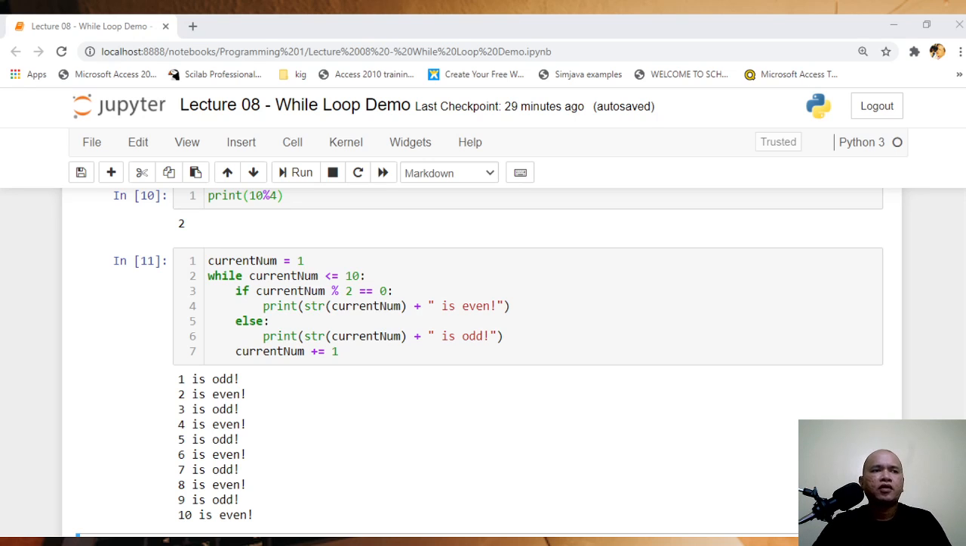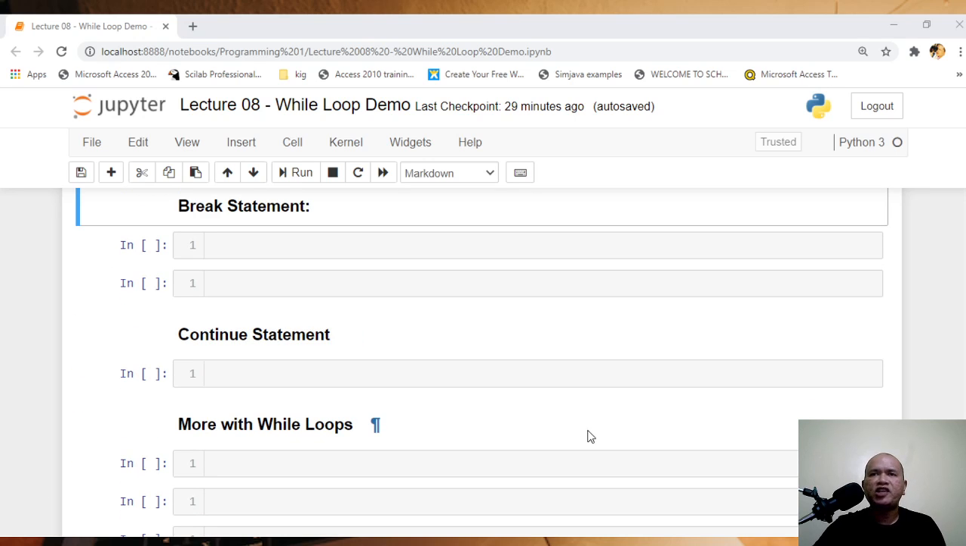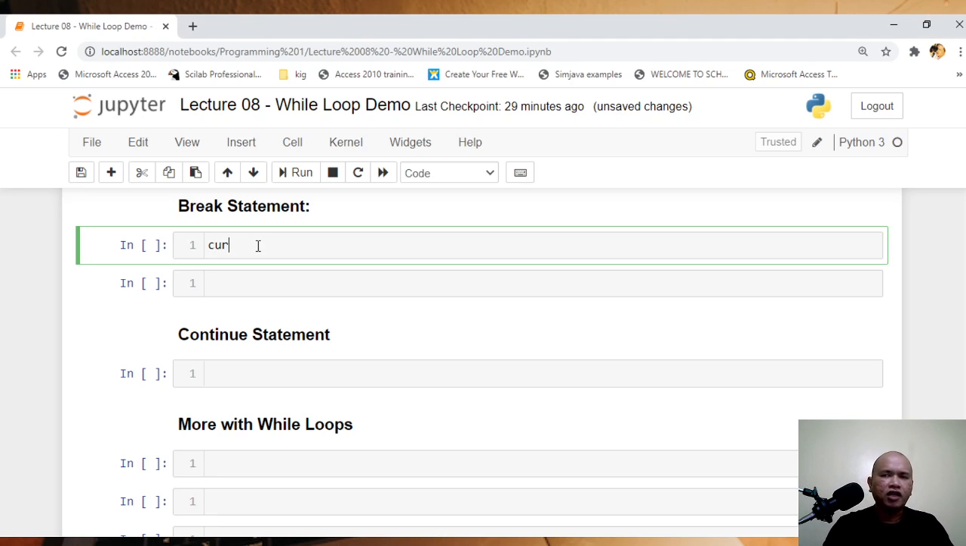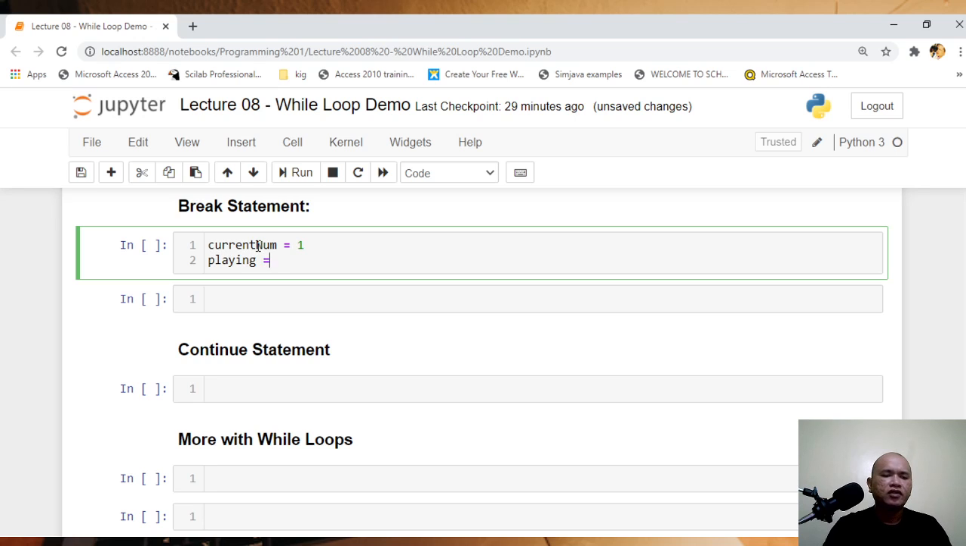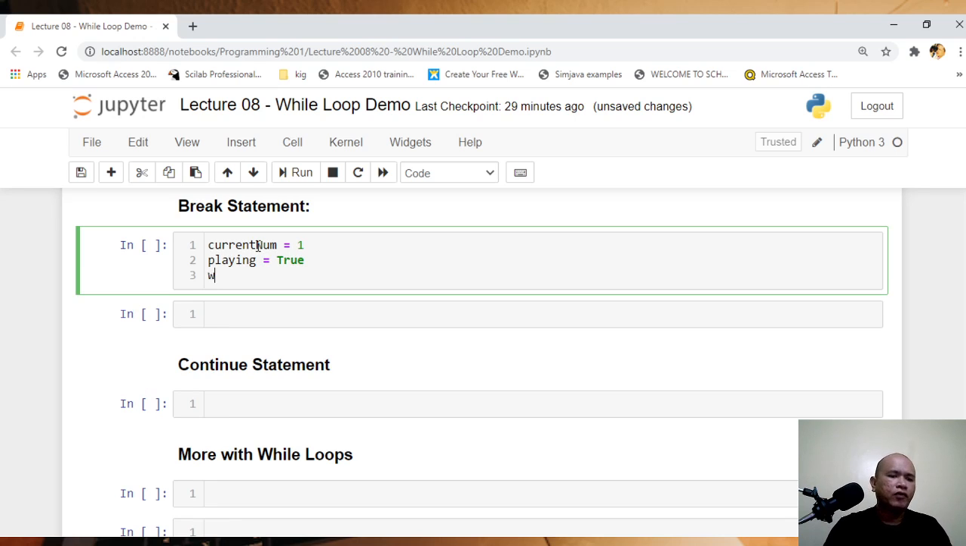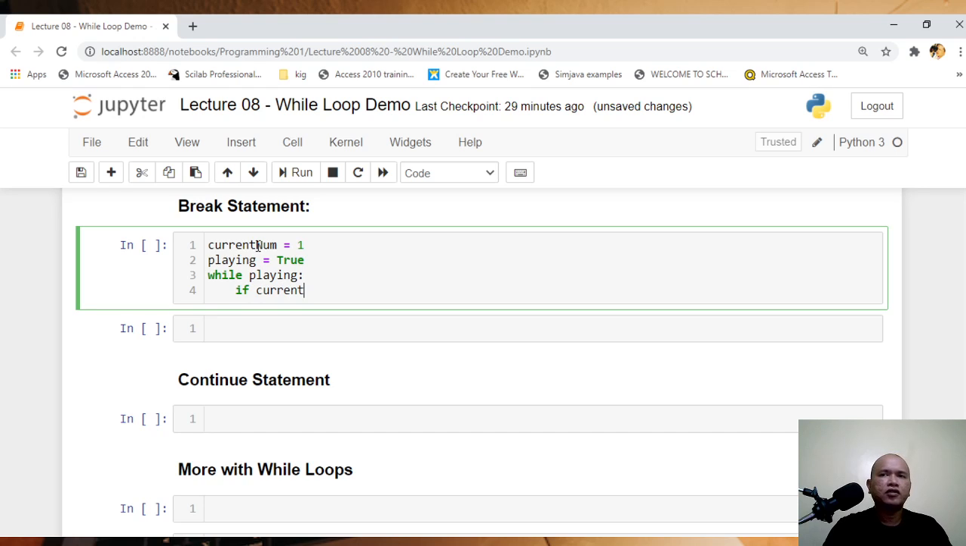Okay, and after demonstrating the modulo, I believe it's time that we should discuss the break statement. So what will be better than to have an example? Okay, break and continue, so you can see the difference. Normally, we're going to have again a program. Current num is equal to 1. Playing is equal to true. So, while playing, colon, if current num modulo 3 equals 0, colon,